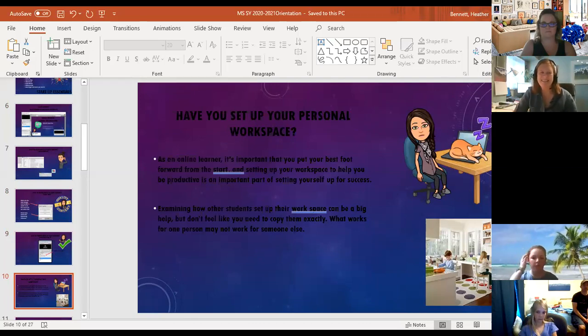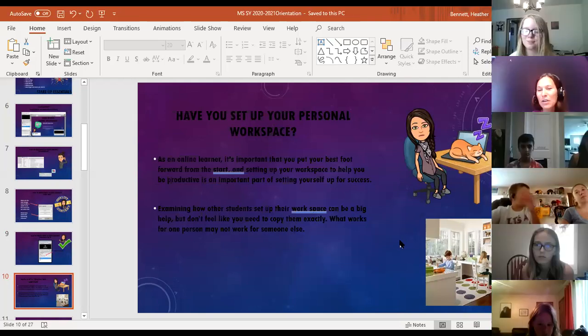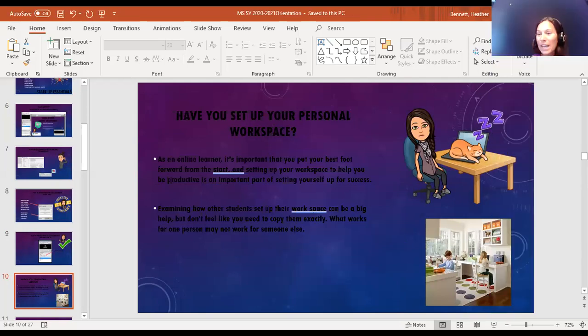All right, everyone. So in this picture, you can see that these students have a nice area set up. It looks like they have their own little area, which is great. Maybe we don't all have that. Right now, I'm sitting in the garage. I am sitting at a desk in the garage. If I took away my little backdrop, you would see tools and our furnace and all sorts of garagey things. But it's the quietest room in the house. COVID-19 has made it so that everybody in my family is home all the time. So I know I have to take my laptop, kind of run around my house sometimes and find a quiet spot.